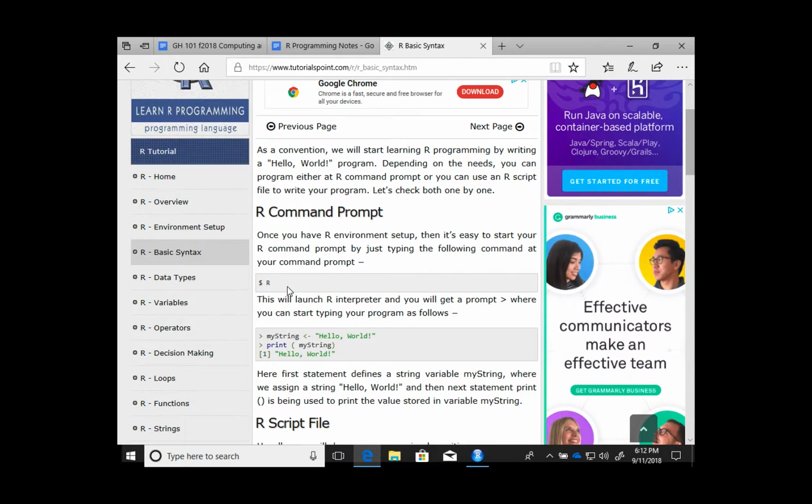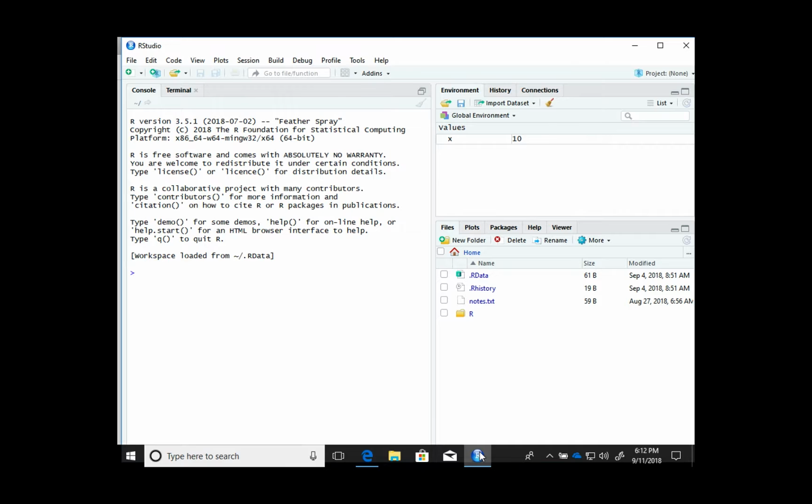They are doing text-based stuff. They started R by just running the R command in their terminal or shell, but we have RStudio, and we're looking for something that has these greater than signs